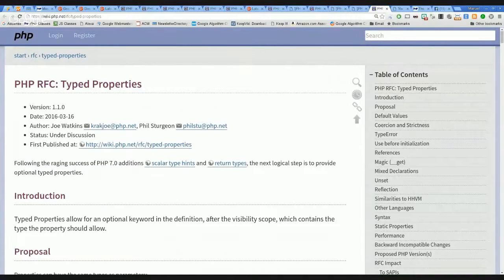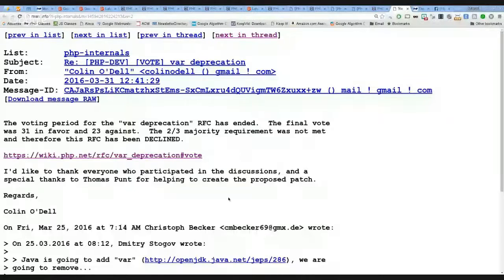Okay. So moving on to another topic, which is to talk about a proposal that was presented last month, but this time there was a vote and the results came out.